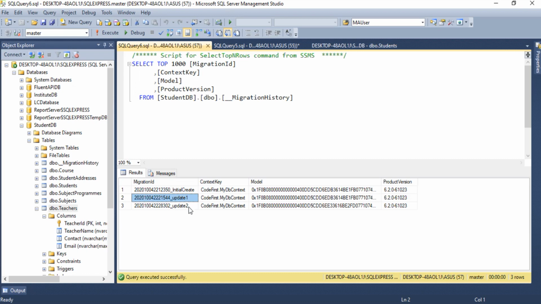Means in the update to migration we created a teachers table, right? And if we roll back to update 1, whatever is in update 2 gets reverted, means the teachers table will be dropped. Okay, so let's see how to do rollback.